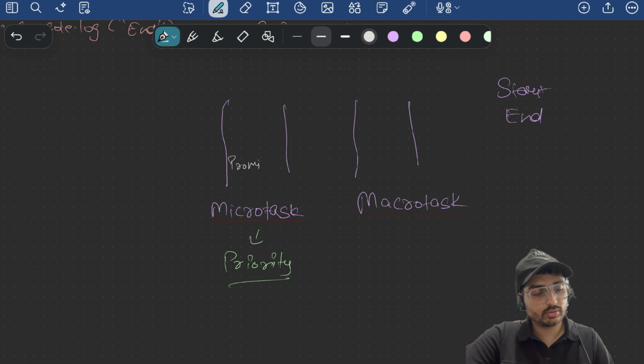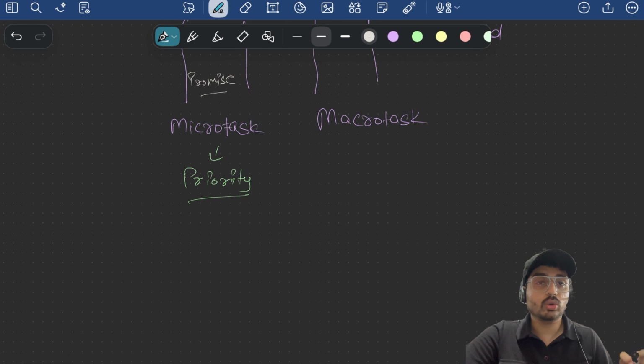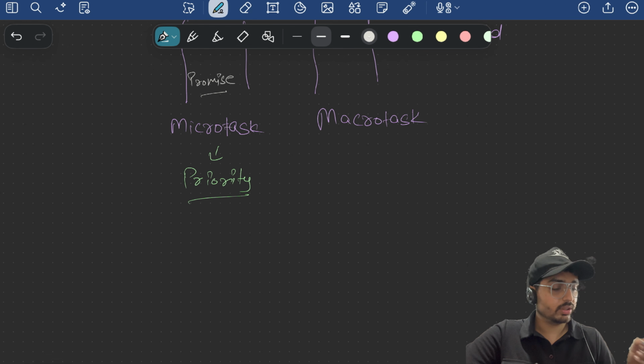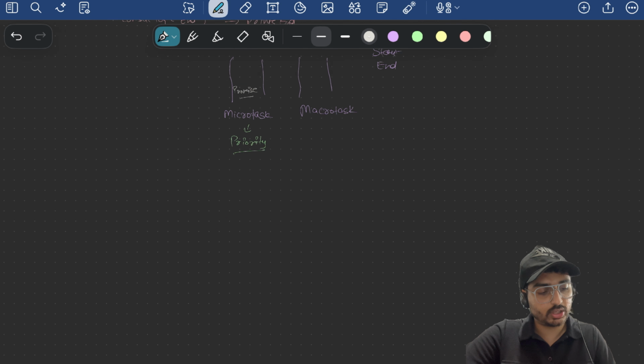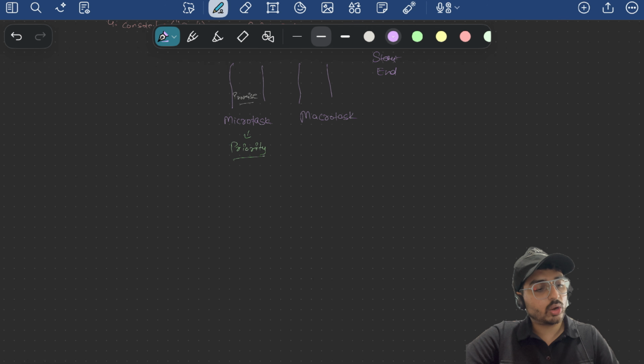It was promise here. So what it will do is take that microtask queue task and put it inside the call stack, right? So that is the reason why promises execute first, before the macrotask queue or setTimeout or setIntervals, right? So the promise will execute next. What was the promise doing? It is printing promise, right? So now our output will become something like start, end, promise,